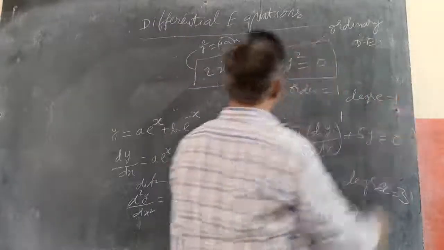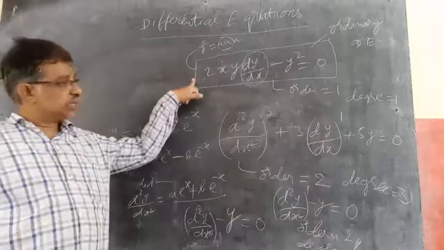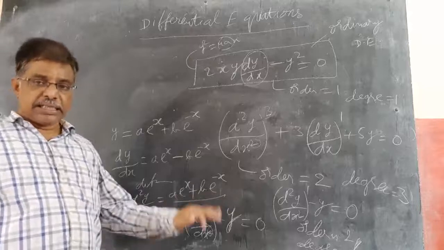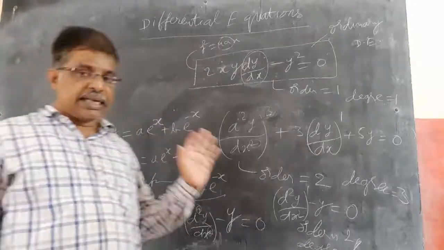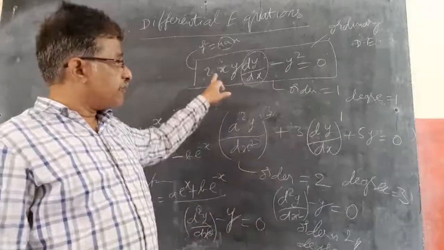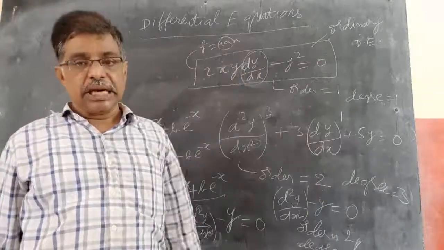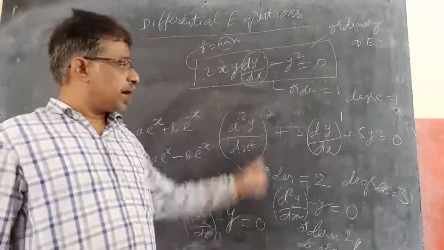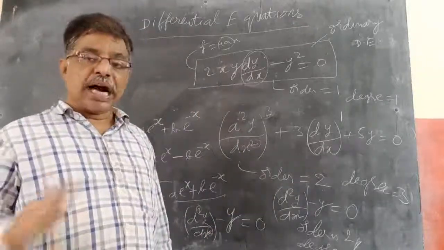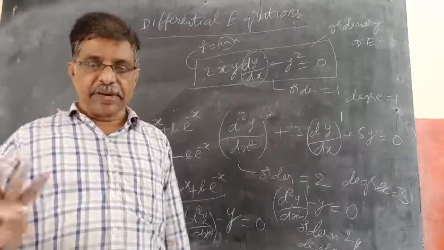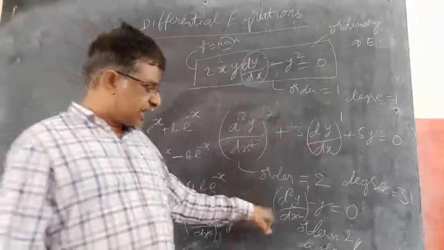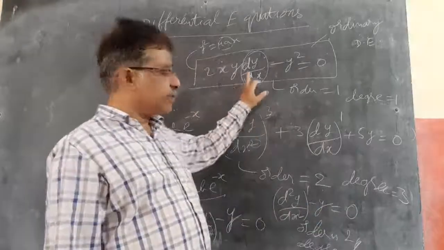We will discuss only these types of equations in this chapter. The remaining you learn in higher standards. But in this lesson, you need to find the order and degree. For solving differential equations, only order 1, degree 1 is there in intermediate. The remaining you will learn in higher standards. At intermediate, you just find the order and degree. By seeing it, order is 2, degree is 3. By seeing it, order is 2, degree is 1. By seeing it, order 1, degree 1.